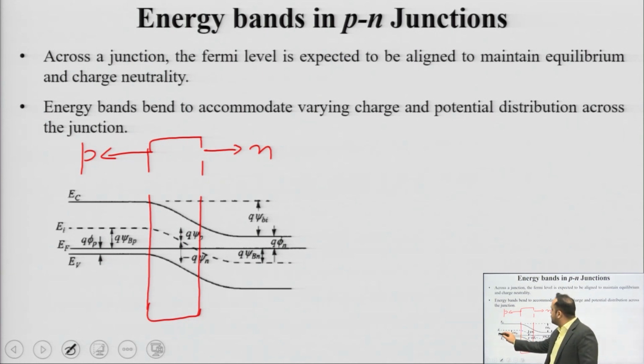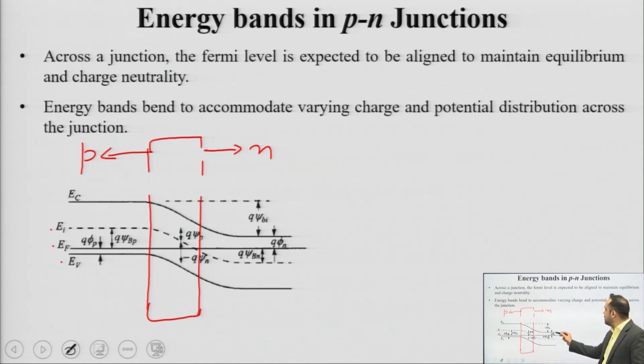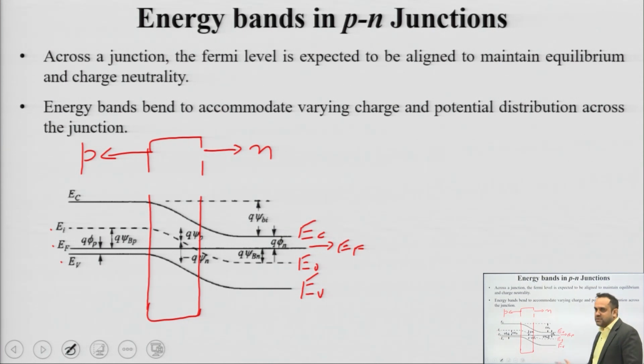You can observe that Fermi level is close to valence band, intrinsic Fermi level lies in the middle, and the Fermi level is quite far away from E c. This is what a p type semiconductor looks like. Similarly, for n type you would see that the Fermi level is closer to E c. So, this is your E c, this is E v, and this is your intrinsic Fermi level. And this level which you see here, this is the Fermi level. And this is how an n type semiconductor looks like.